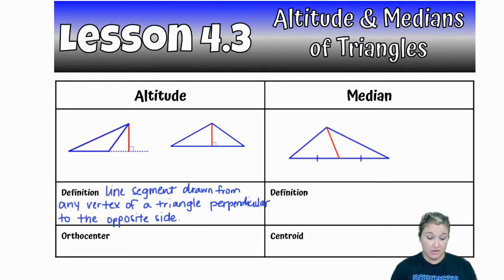So as you can see here, you can see our altitude. The altitude doesn't always have to be inside the triangle. That's what this first triangle is showing you: the altitude can sometimes be drawn outside, with that opposite side being extended out. The orthocenter is the intersection point of all the altitudes. So if I were to draw the orthocenter, I would draw a line that is going to go from,